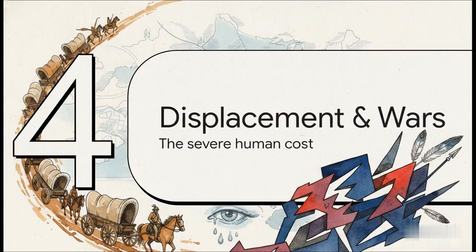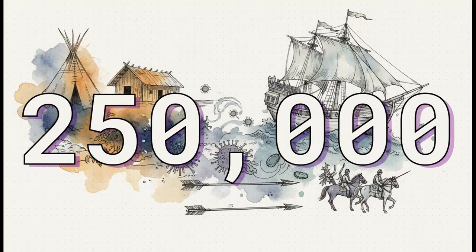Section 4. Displacements and Indian Wars. We absolutely have to acknowledge the severe human cost of this era, as this wave of migration inevitably collided with the Native American tribes who already lived there. Historians estimate that between 1800 and 1890, the Native American population declined drastically, dropping from roughly 600,000 to as few as 250,000. This massive depopulation was principally driven by infectious diseases brought by the settlers, which completely devastated tribes, and it was compounded heavily by decades of warfare and displacement.